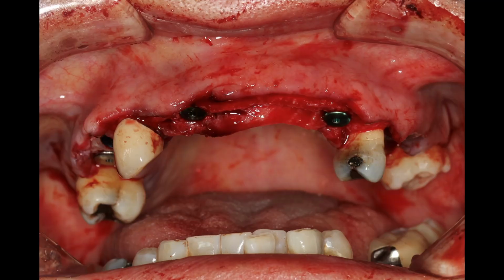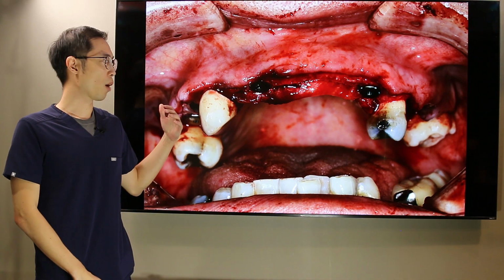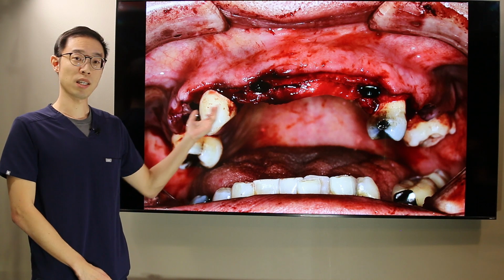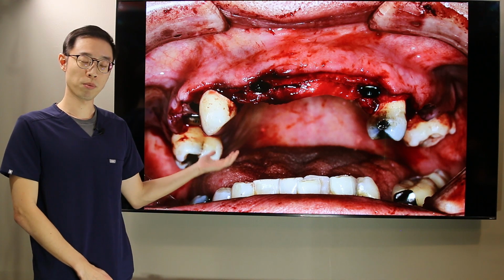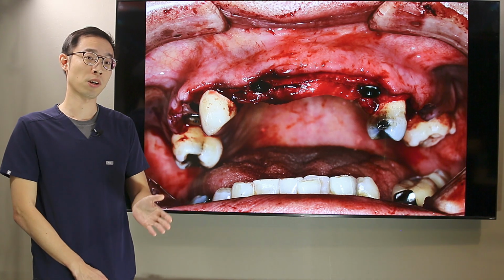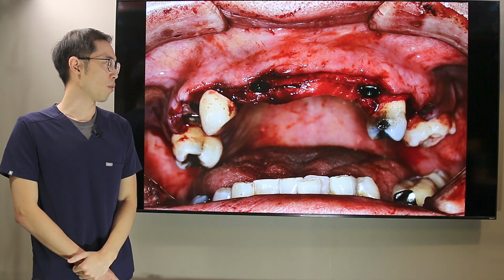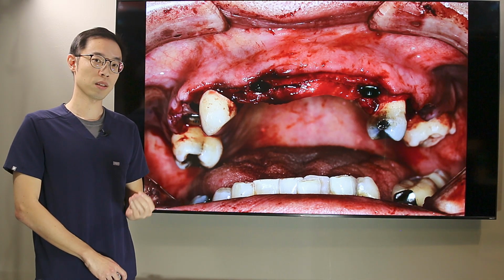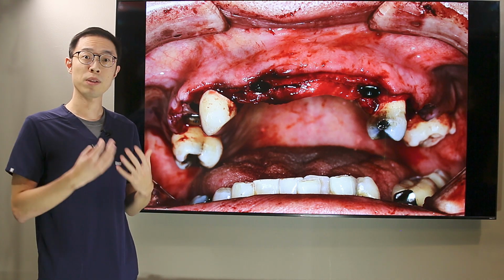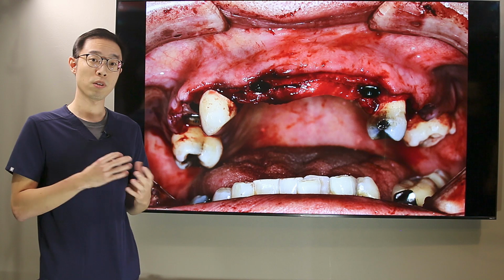Apologies for the bloody slide, but this image shows you our strategic extraction protocol, where we place the implants in the positions as seen in the previous slides. We make sure that the teeth that are to be extracted are extracted later on. The reason for that is that we want to make sure the implants go in at sufficient insertion torque. They have to be stable enough, because our plan is to give the patient a fixed provisional on the day